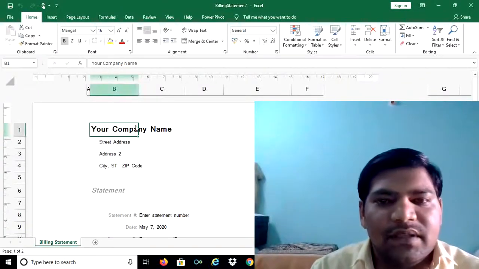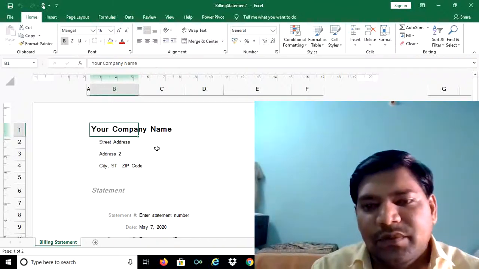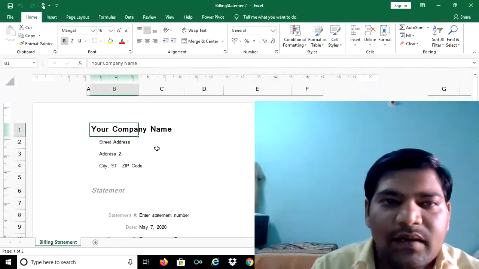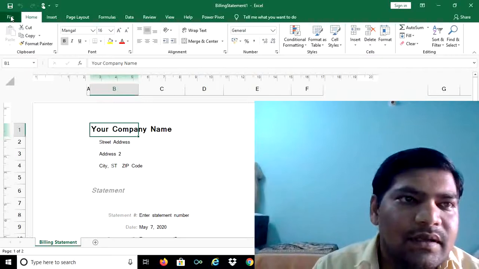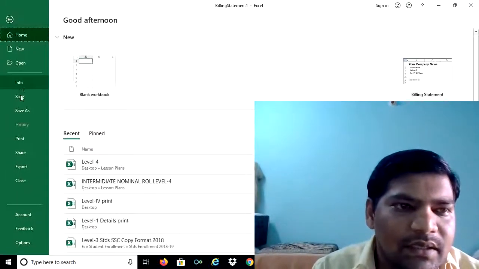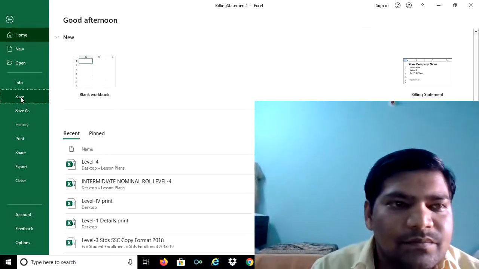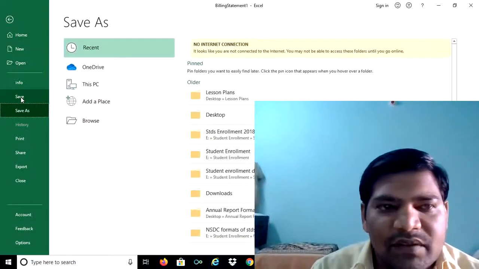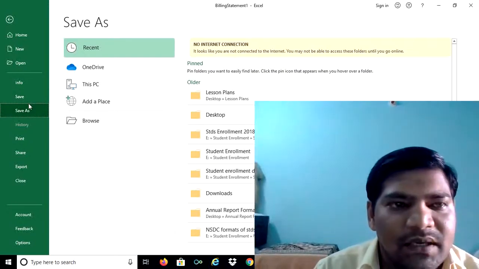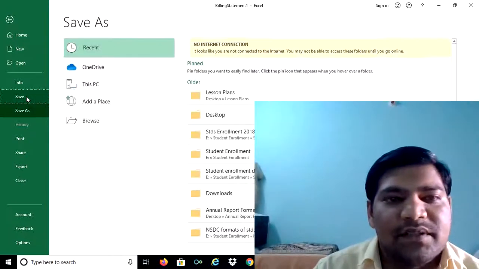In that Excel sheet we can first prepare all the things we want in the file. Then we can go for the File option. Then go for the Save option. In a previous version, for an existing file we go for Save As, but here we can go for the Save option.